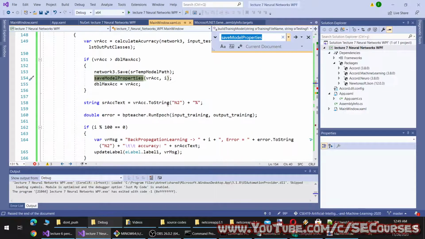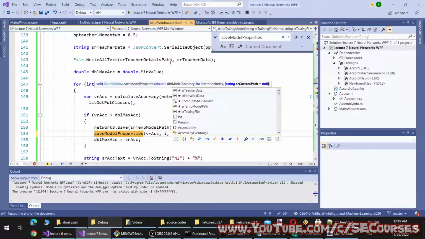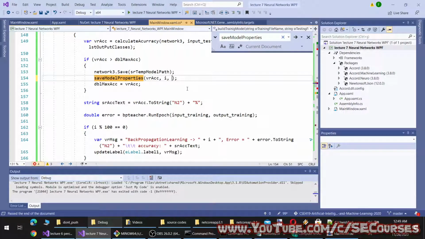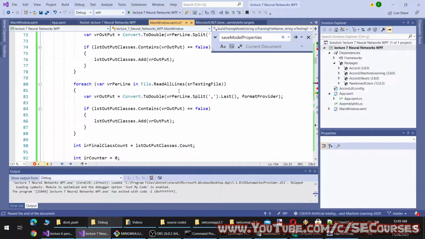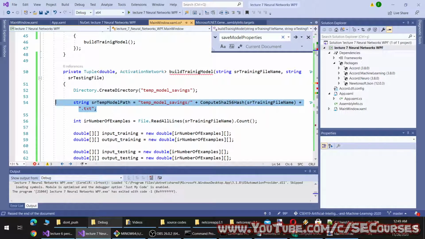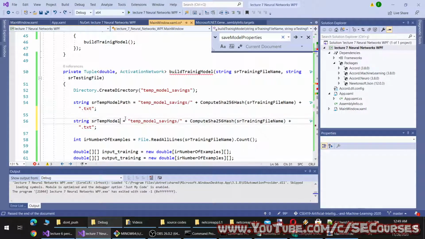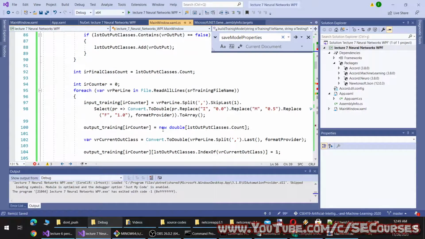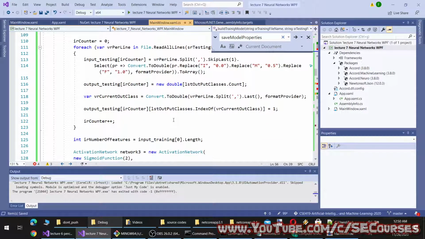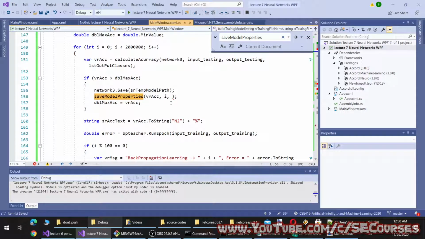Okay, so this time we will provide it a path as model path. Path, okay. Here.